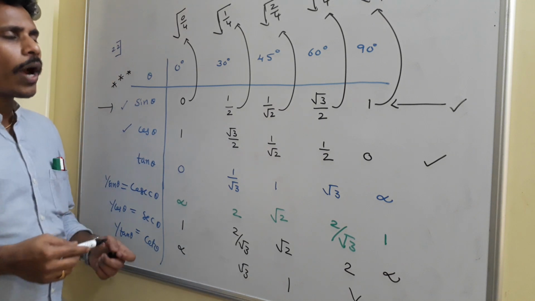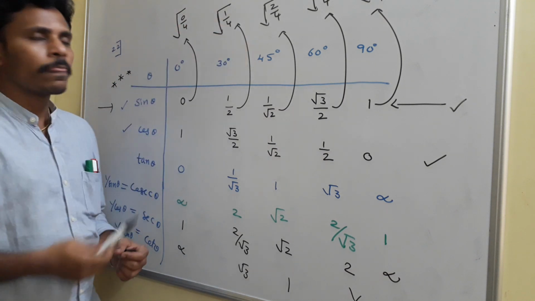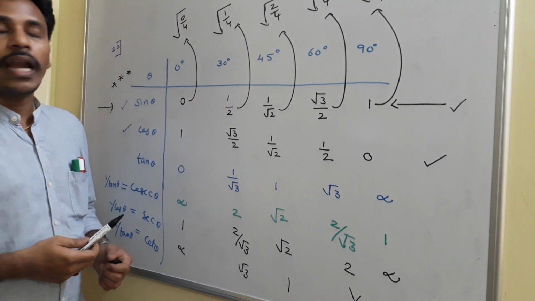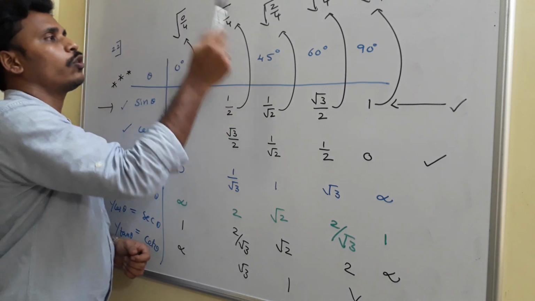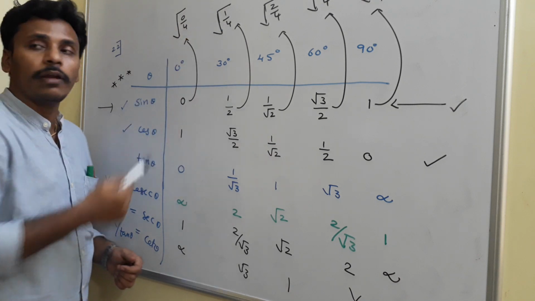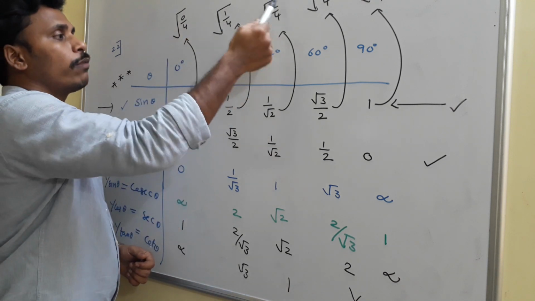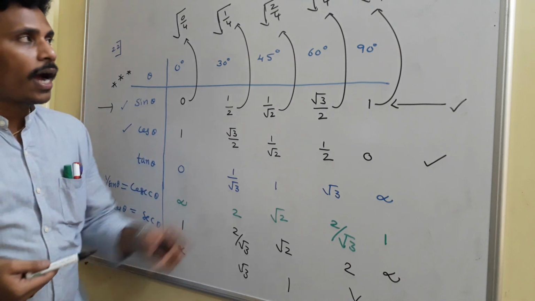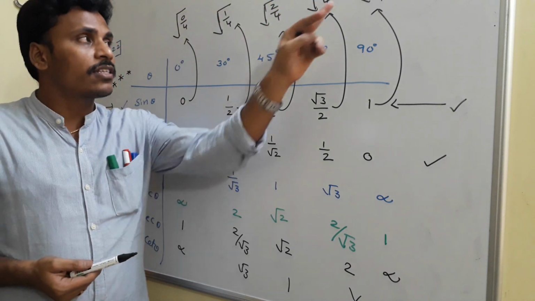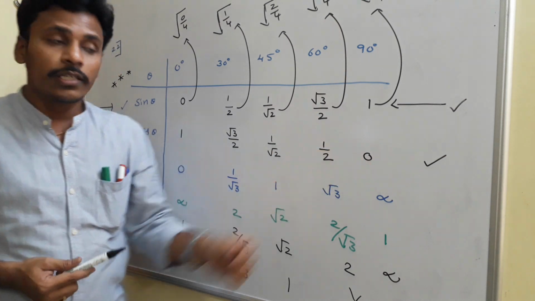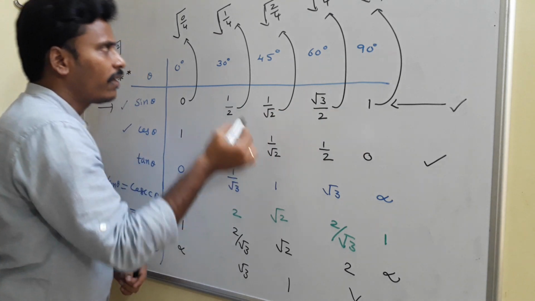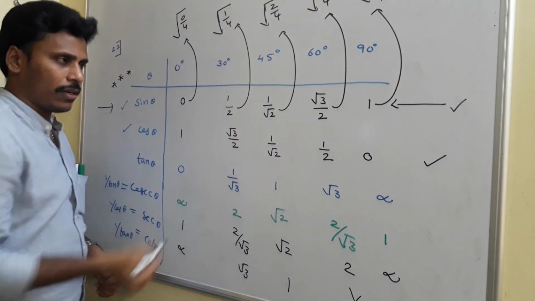See, to avoid the confusion, if you memorize it, square root is there for every number, by 4 is there for every number, and continuously you need to take 0, 1, 2, 3, 4 in the numerators. If you simplify this root 1 by 4, that is 1 by 2, right? If you simplify this root 2 by 4, that is 1 by root 2. And this root 3 by 4, the numerator is root 3 and the denominator is 2. Whereas this root 4 by 4 is clearly 1. See, if you are able to memorize these values directly, then no need to go with this type of technique.